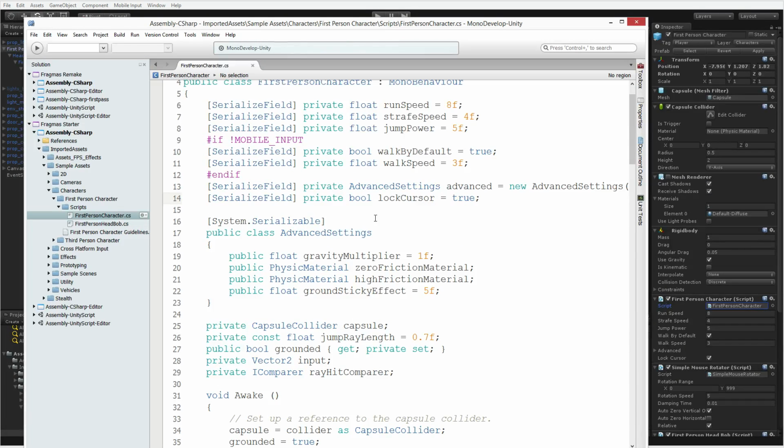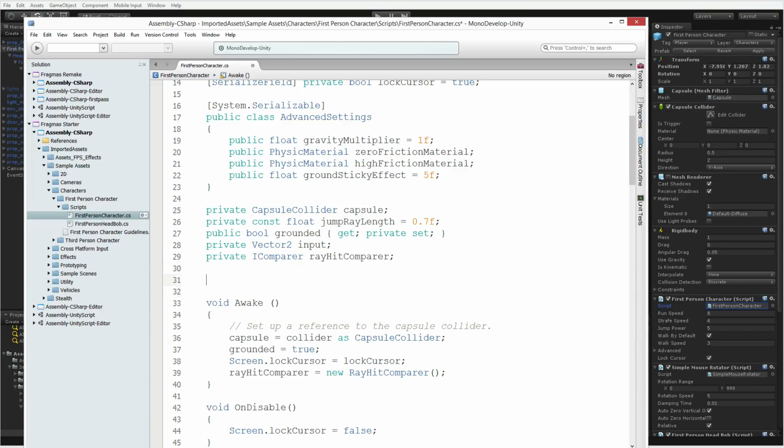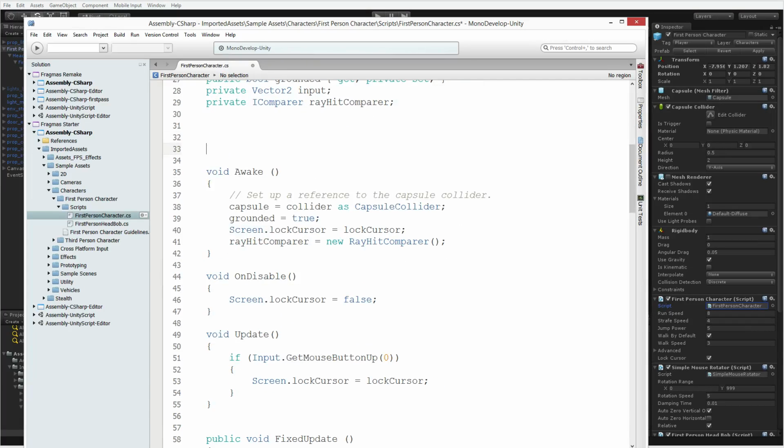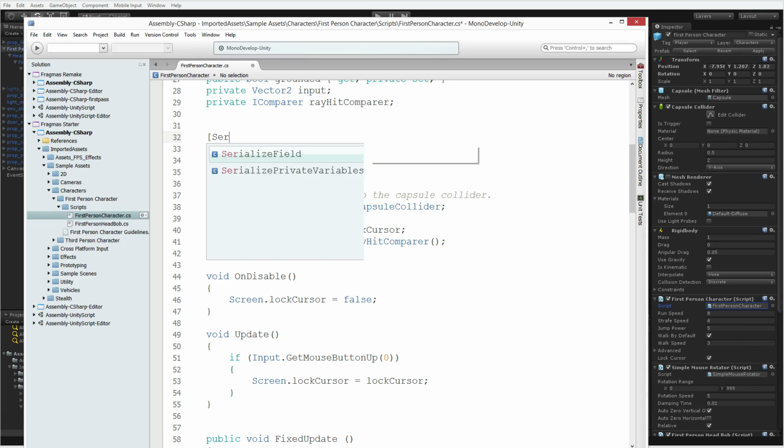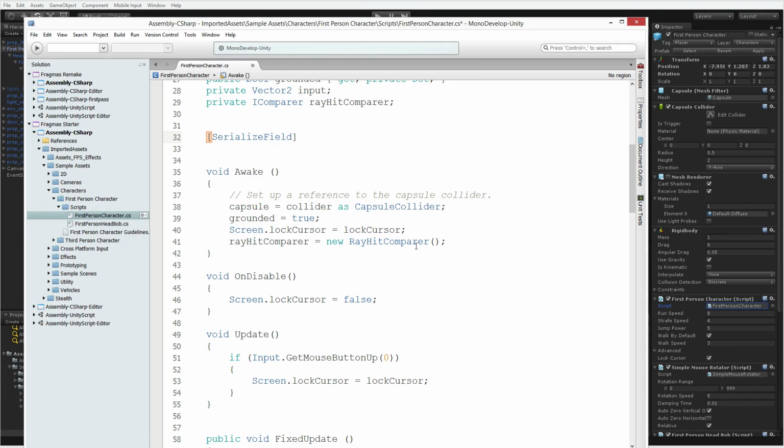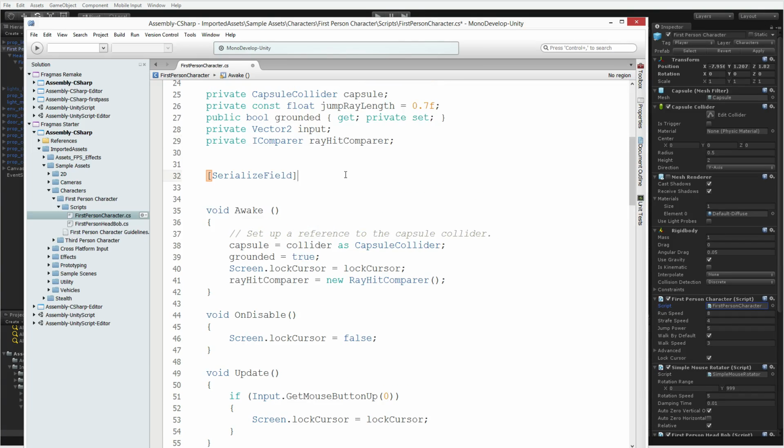So the first thing I'm going to do is add a new field. And I'm just going to put it at the bottom here of the rest of these. And I'll just do a lot of spacing to separate it. And in keeping with the rest of this, I'm not going to make it public. I'm going to make it a serialized field, which is going to keep it private but show it in the editor. And this is going to be the Animator anim. And the reason I want it to appear in the editor is I don't want to have to get the component. I'm just going to click and drag it on and deal with it that way.